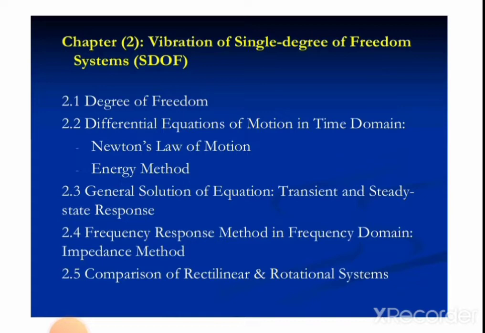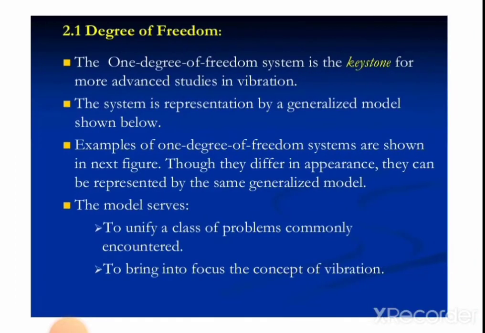Now let's start with the basics, that is, what is degree of freedom. We will take one example. Suppose we consider one vibratory system. It consists of a mass m which is attached by means of a spring to a fixed support. We take a mass m which is attached by a spring to an unmovable or fixed support. Suppose we consider the spring as k.